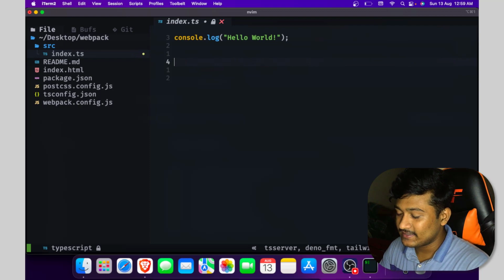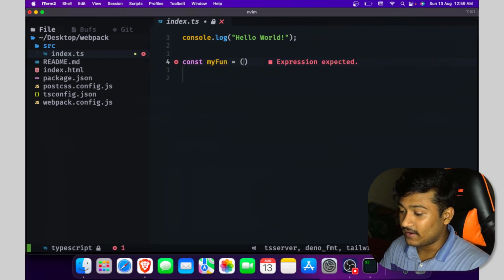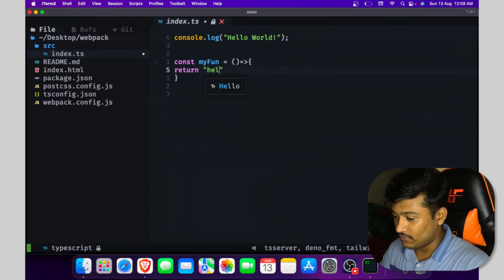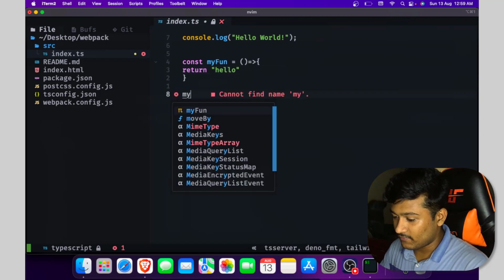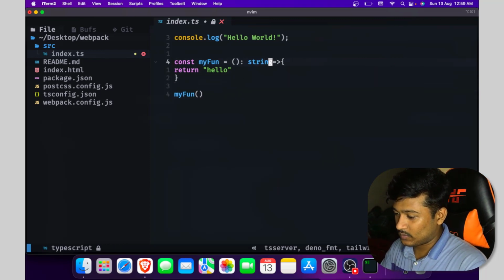Wait a minute. So const myFun and return hello, and here myFun. Okay, and it will return a string.